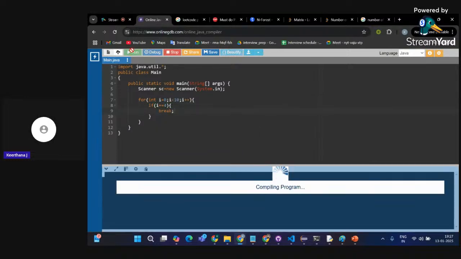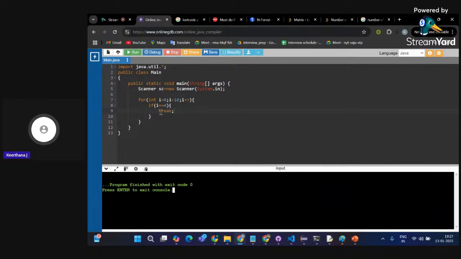Or else I'll be printing the i value. So I'm starting from 0 to 10. When my i becomes 4, I'm giving the jump statement break, and I'm also giving the print statement over here.